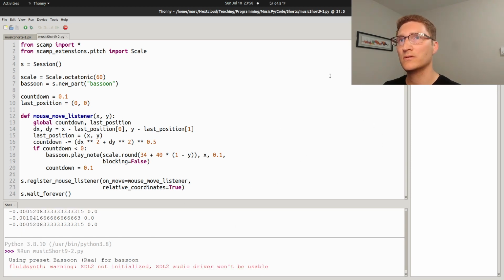Notice when I move the mouse slowly, just a few isolated notes. But when I move it quickly, we get a lot of notes all at once. When I'm at the left of the screen, it's quiet. When I'm at the right, it's loud. When I move down,